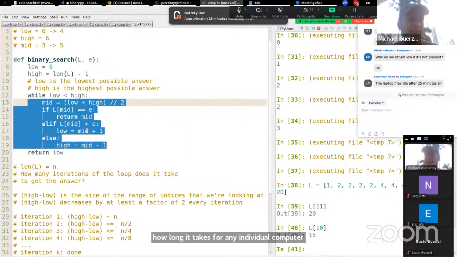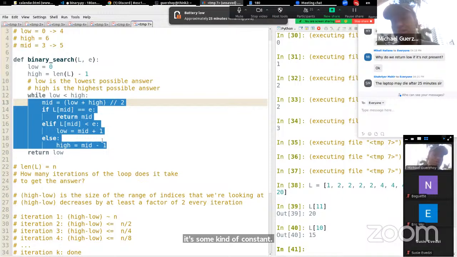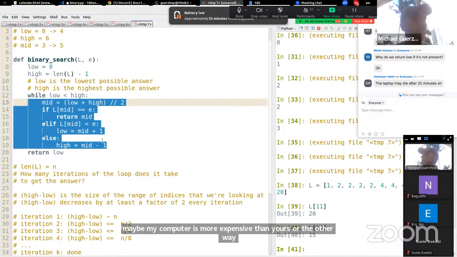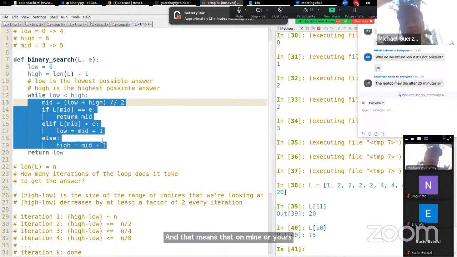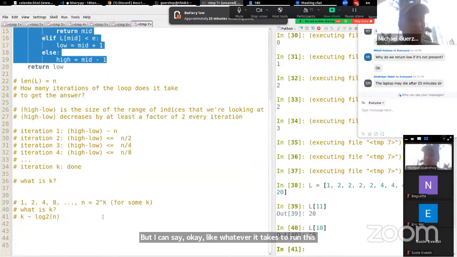But I can say that it's some kind of constant, right? So maybe my computer is more expensive than yours or the other way. And that means that on mine or yours, it's going to take longer. But I can say, okay, whatever it takes to run this, I can now say binary search